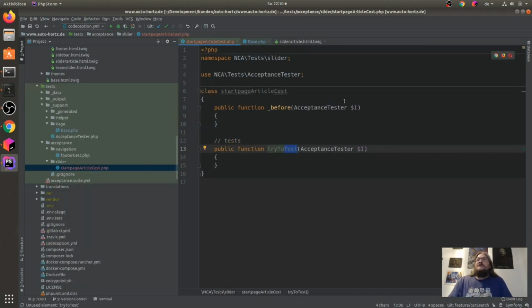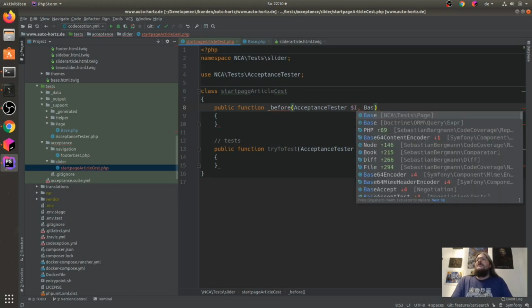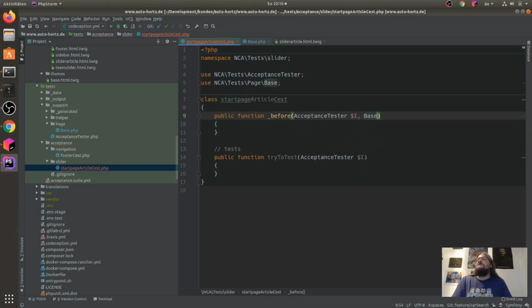Okay, so we will inject this base thing here, and normally I write it as $page.